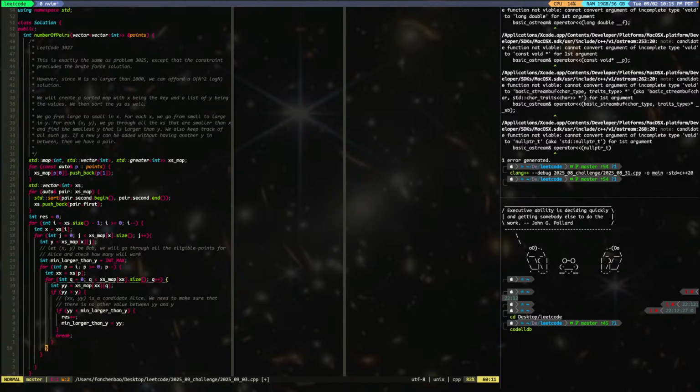We get all the y's. Now, after we get all the y's, now what do we do? We finish the current, now we move on to the left. So P, keep going, and then we'll do exactly the same thing. We'll find the first yy that is larger than y. That's larger than y. It cannot be y. Yeah, the first one that's larger than y, and then we'll check with the minimum larger than y, right? We'll check. If it's smaller, it cannot be equal, because if it's equal, we have something before already,